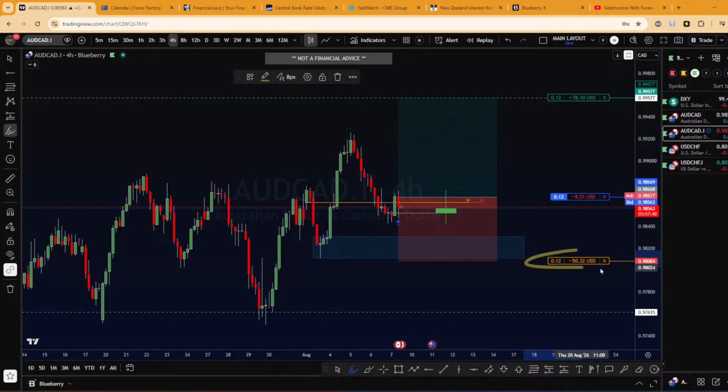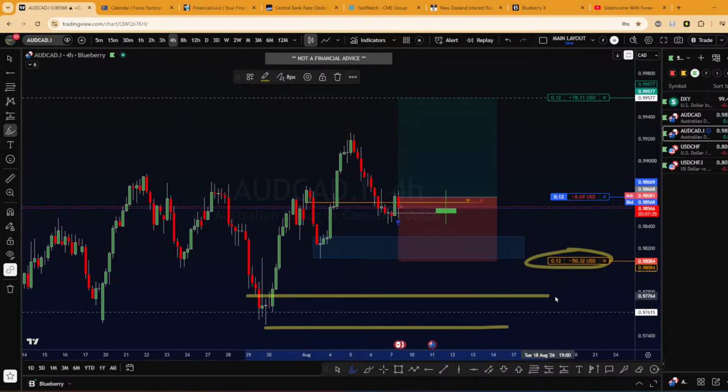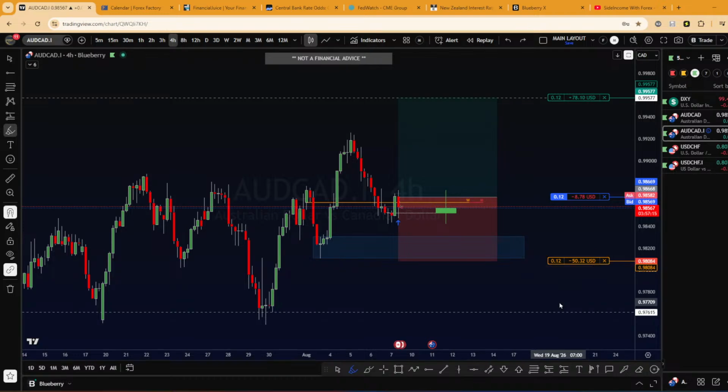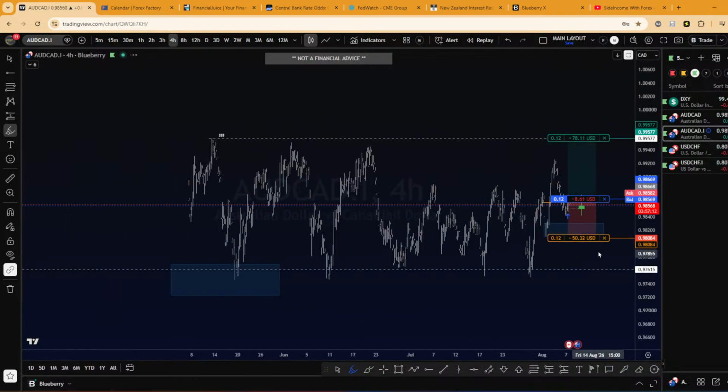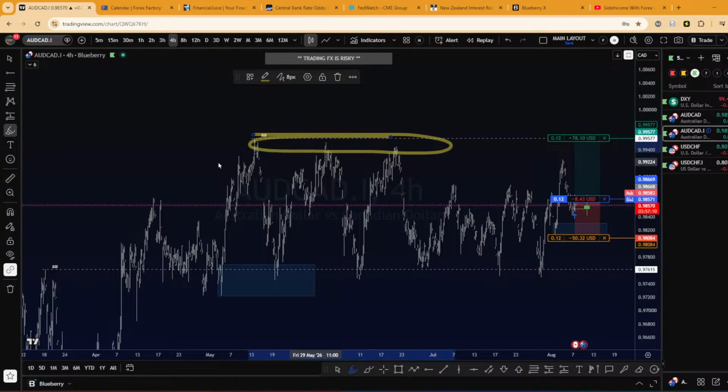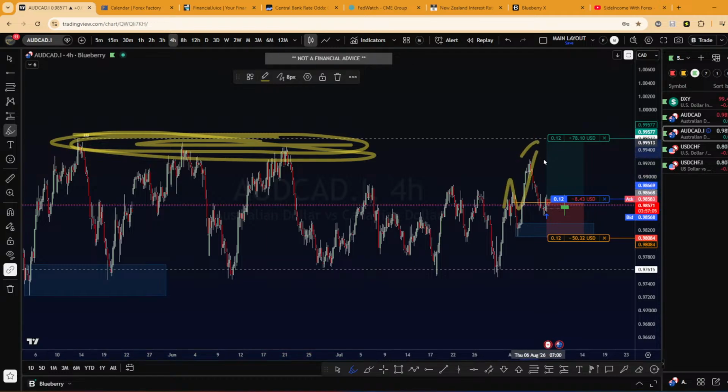With this risk, because it's important to manage your risk. So in this trade I risk $50. If I get stopped out, it's okay. I will see next week. I will re-enter around here, somewhere here, after the interest rate release from the RBA next week. So OZCAD is a pair that I have in my watch list. I think we have a lot of targets to reach these highs. It's very interesting to target.